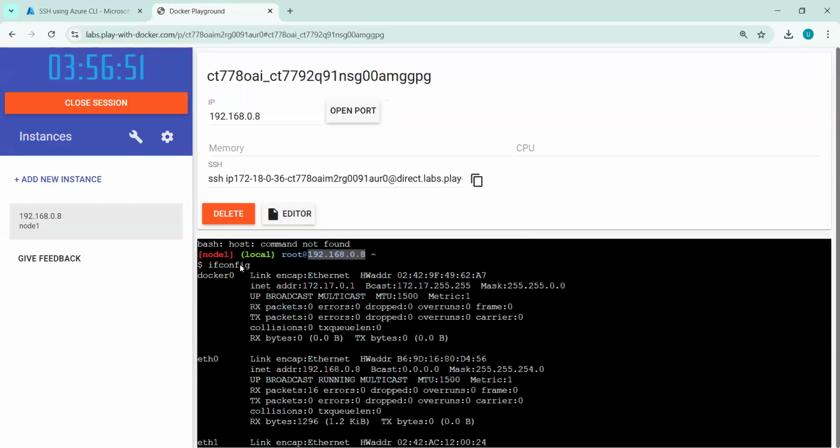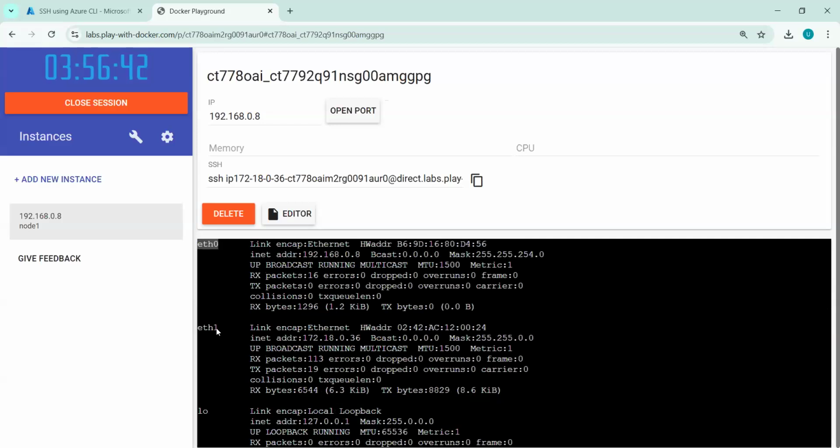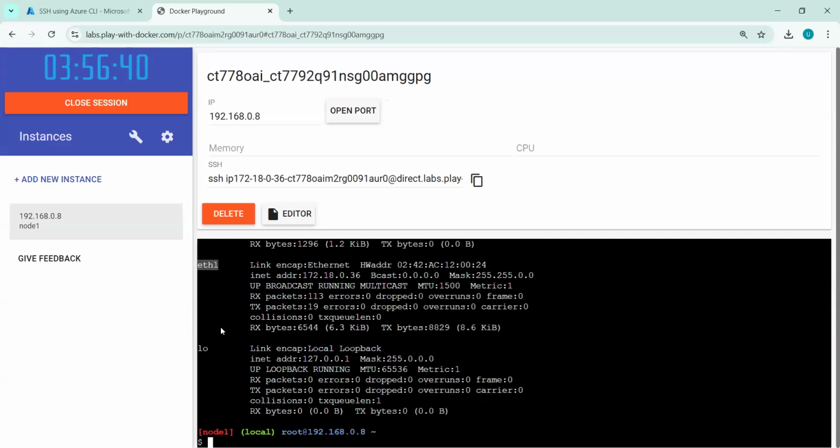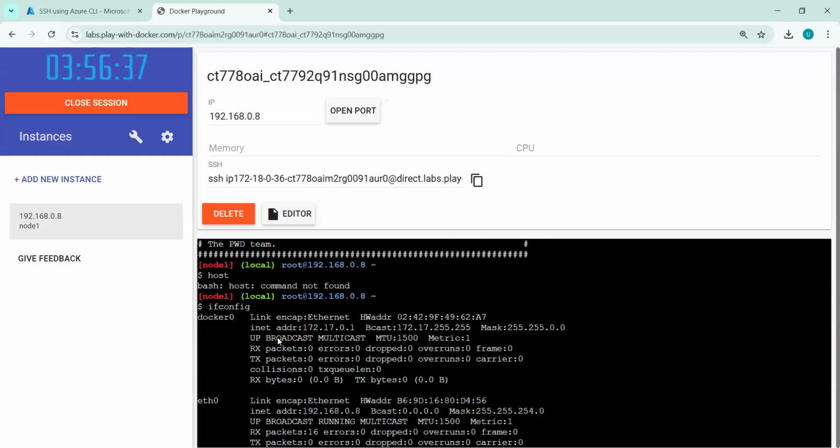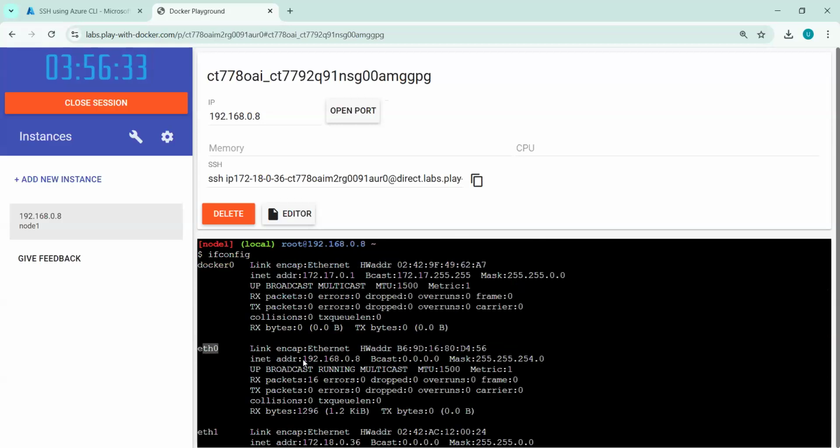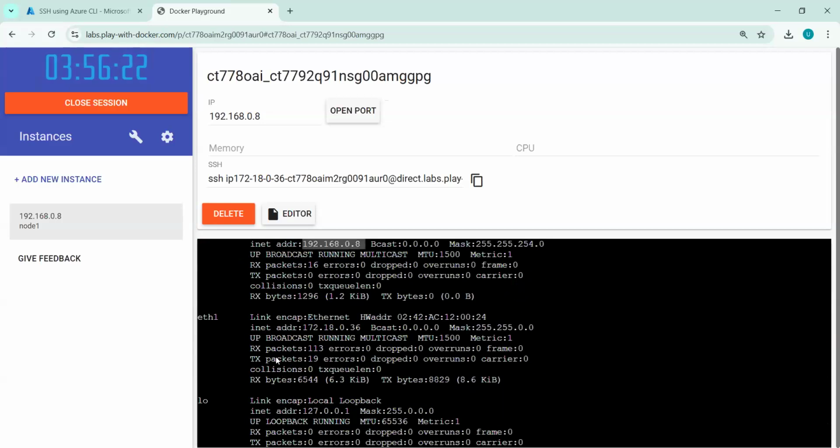But in some cases, if it is not showing the IP address and it is showing you the hostname, then you can use this command ifconfig and you can find out the IP address here, eth0. ETH means Ethernet card. And then here, eth1. So it has two Ethernet cards. And here you can see the IP address in eth0. So the first IP address is 192.168.0.8. You can see the same IP address it is showing, and this is with Ethernet card 0. And then there is one more IP address. You can see